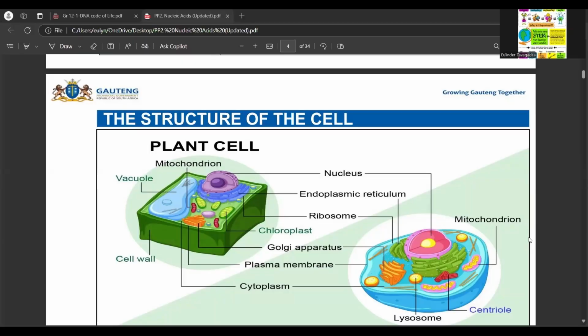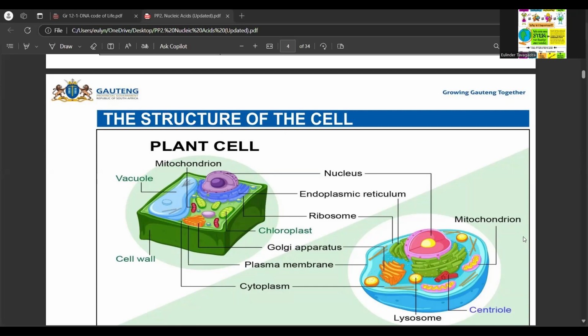Welcome back to this section of learning life science. We're starting with the topic DNA, the code of life. Mind you, this topic is found in paper 2, which is 27 marks. So before you focus on what is DNA, let me take you back to